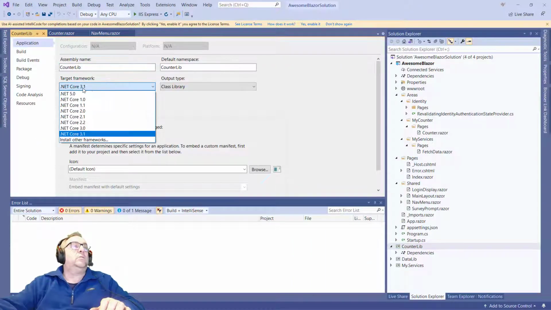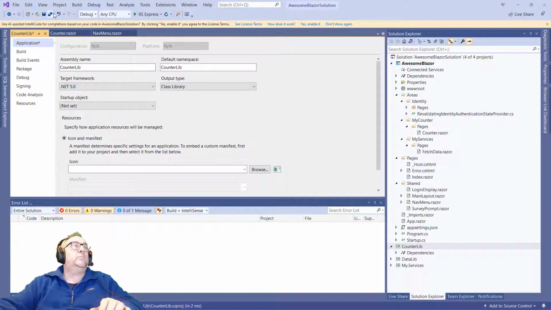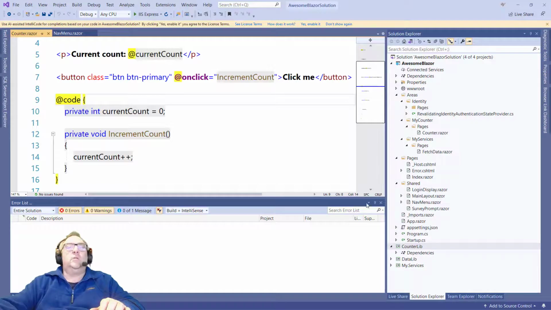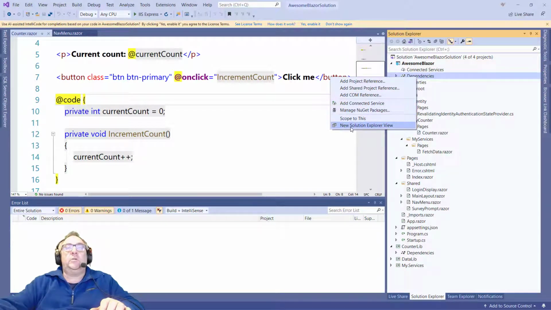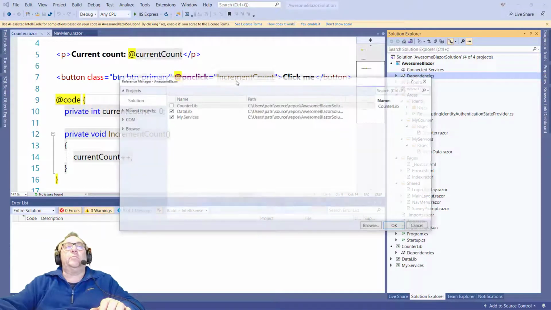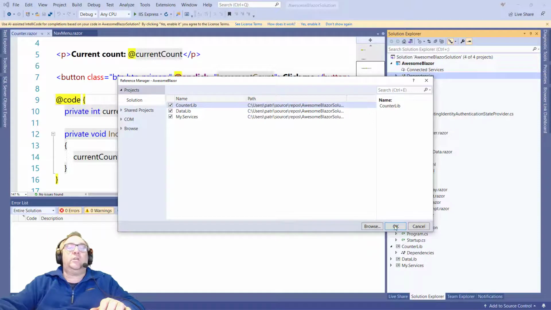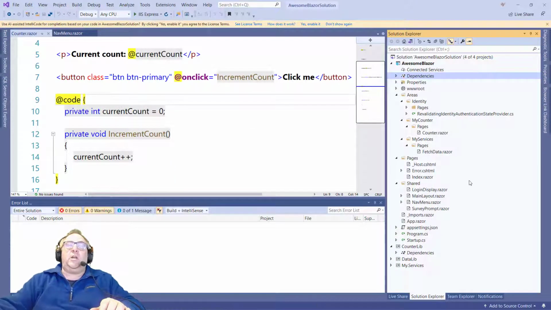Properties, 5. Yes. And let's make sure that it is referenced by ASM Blazor. So add the project reference. Yes. And now we can build our own super duper